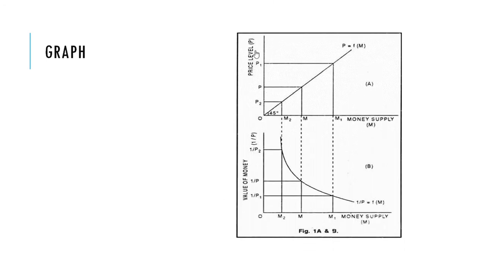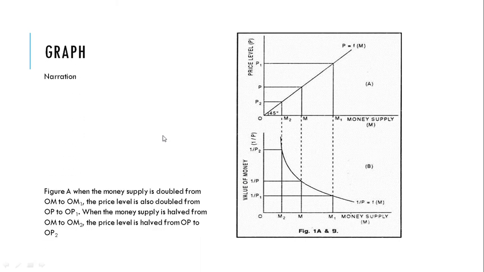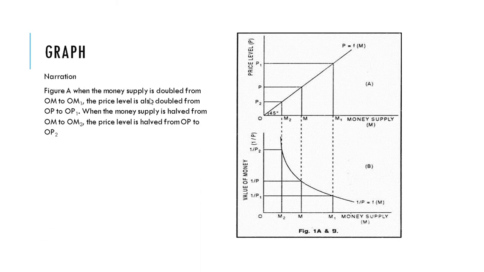Now we are using a graph to explain our approach. Graphically, we see a graph whereby the top graph is A and the lower one is B. In the top one we are bringing out the relationship between money supply and price level. In B we have money supply and value of money. So our explanation for figure A: when the money supply is doubled from OM to OM1,